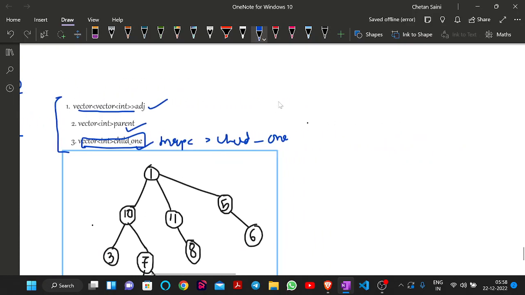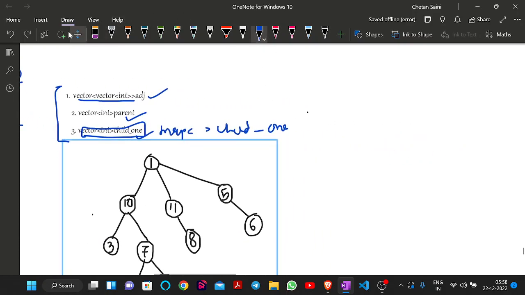Now, what are the functionalities of these? For that, let me write something. You will understand with that what are the